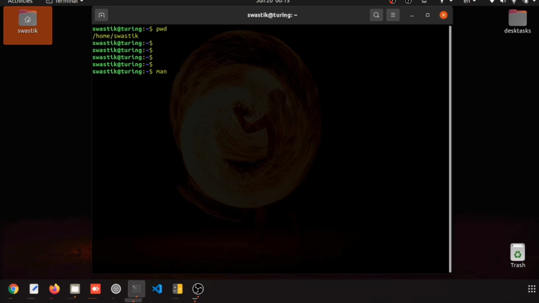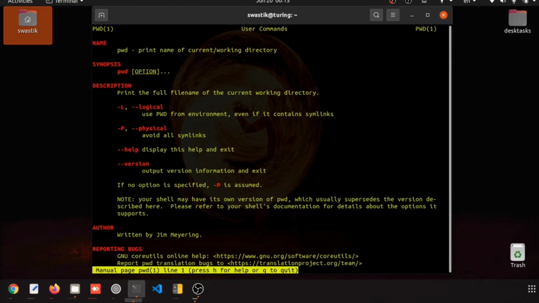How to use this? Say if you don't know about pwd, or present working directory, just type man, meaning manual, of pwd. If you press enter, you can see the description of pwd. In this description we can clearly see that pwd prints the name of the current working directory, and you can also pass some options.